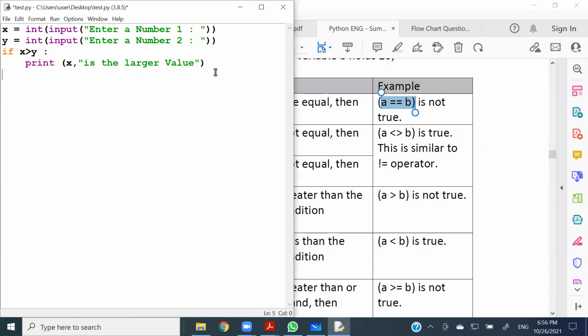And if it is false, then I have to say Y is the larger value, right? So if I save it and if I run it,